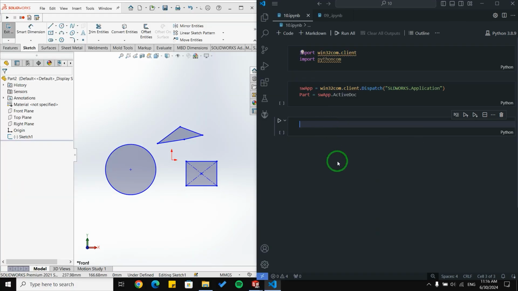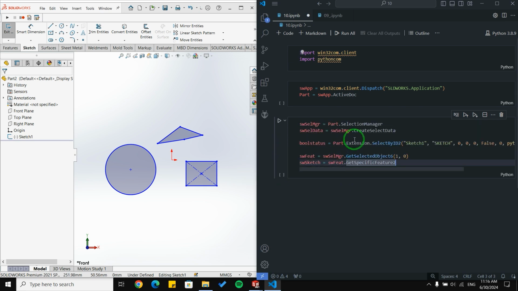Okay, I'm going to copy and paste part of the code we wrote in the previous video here. For the explanation, in the first two lines, we are going to use the selection manager and create a select data that will be used to select an object or a segment.